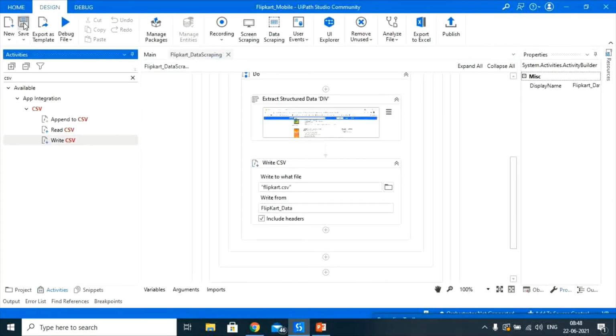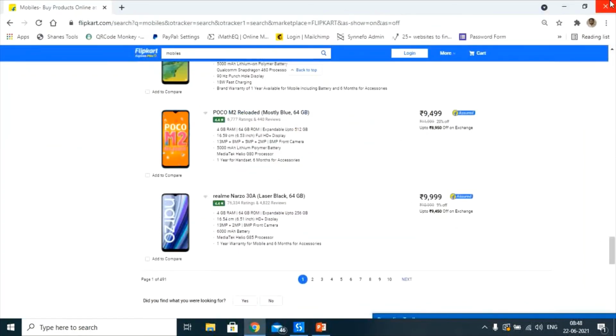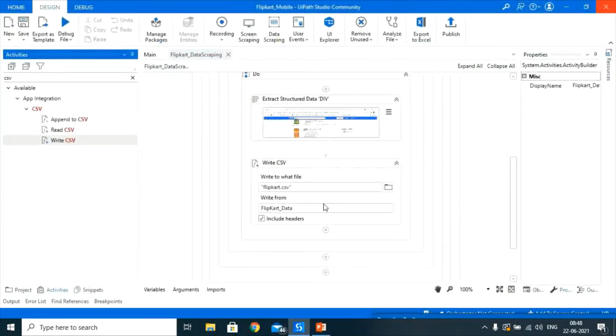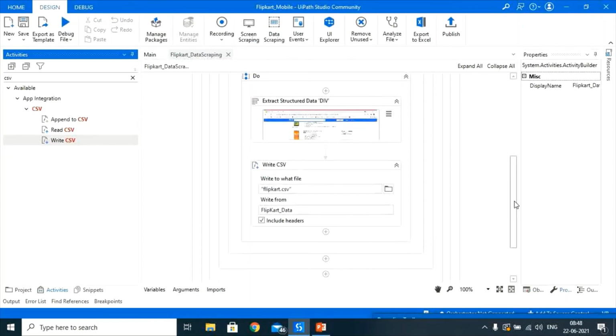Let's see whether my bot will extract the data from Flipkart. Understood? So I'll close this one. Automatically it has to open the browser and it should be able to extract the entire data.